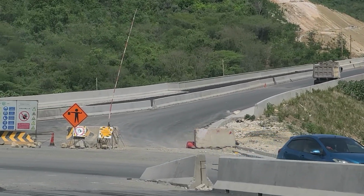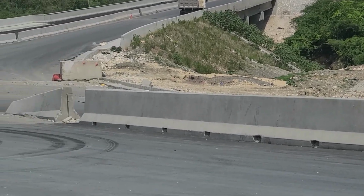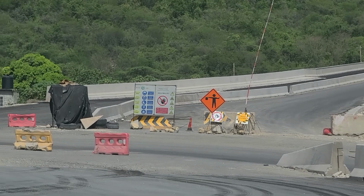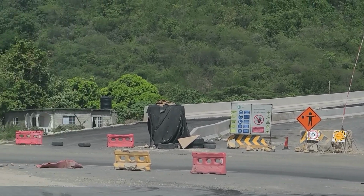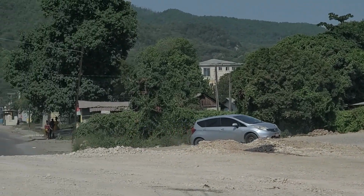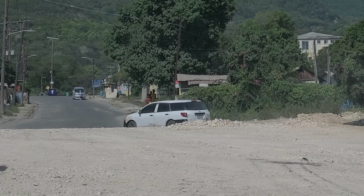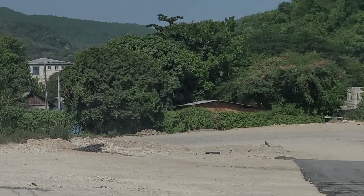So this is where we're at. So they're now working on the 4 lanes, putting in the dividing barrier, stuff like that. So they're not allowing any vehicle through. I think there was an article where a vehicle was driving on one of the highways that they're working on and meeting a serious accident. Don't remember if any lives were lost, but persons tend to try and use the unfinished road, which is very dangerous. So let's set up the drone, let's get some aerial shots, and then after this video you guys stay